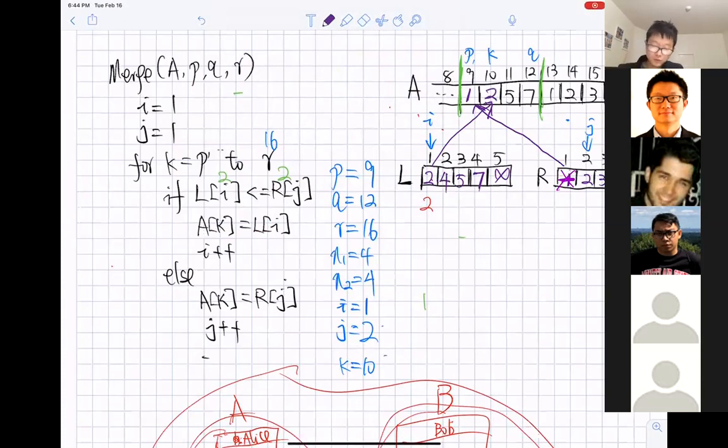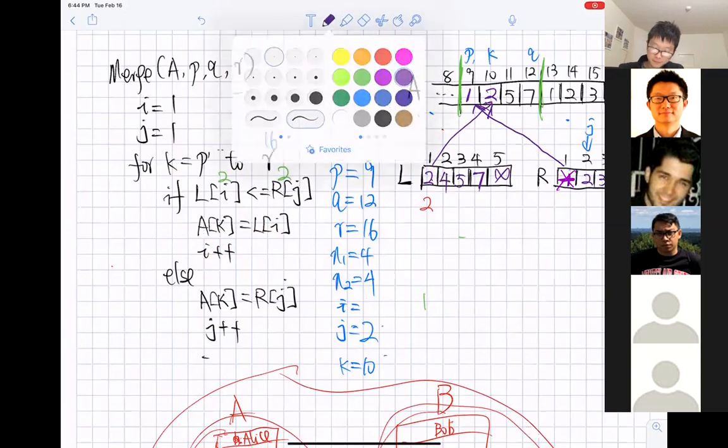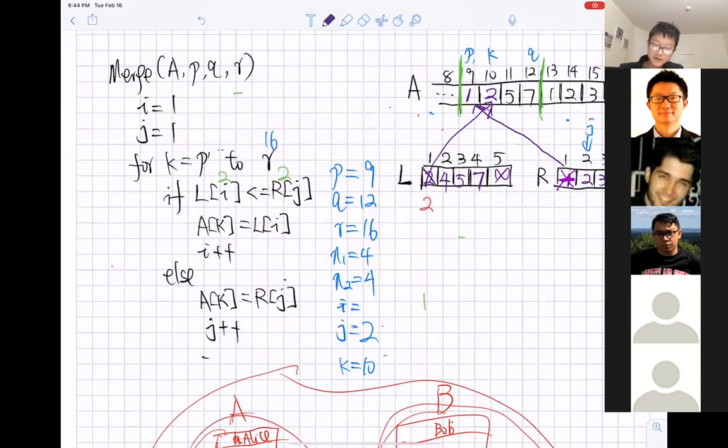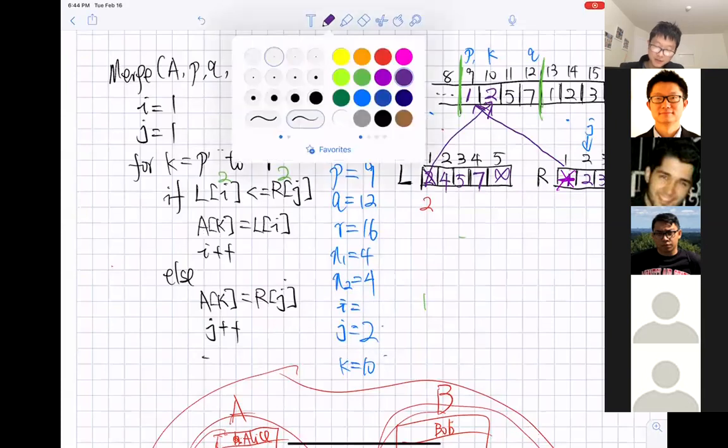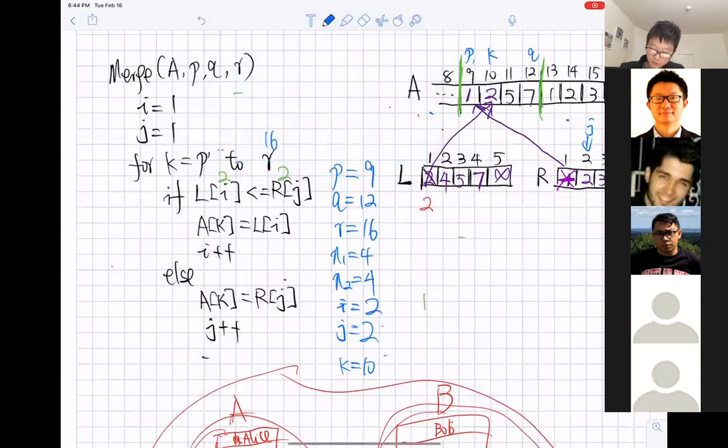And then we're going to execute this line, i++. So then I has a new value. This value is gone, and I has a new value, 2. We're going to have I over here. Next we go back to the for loop and we increase K by 1.